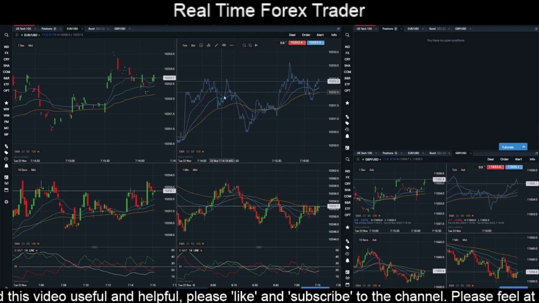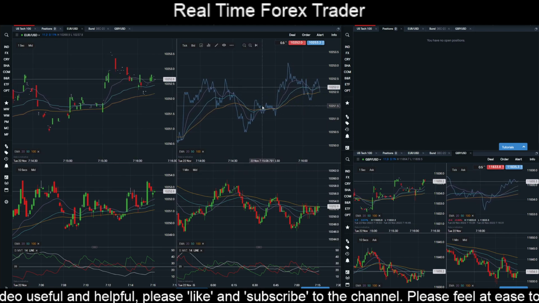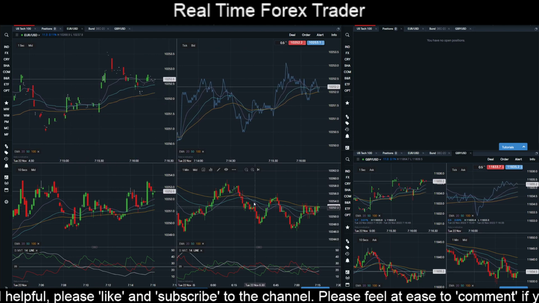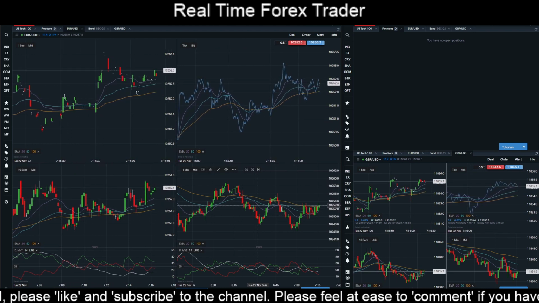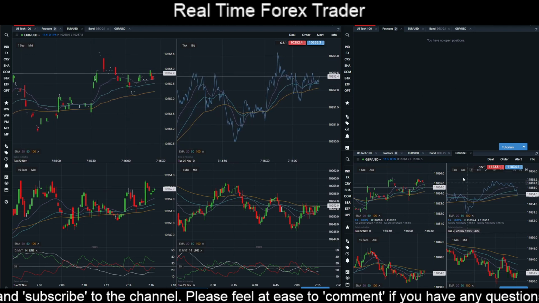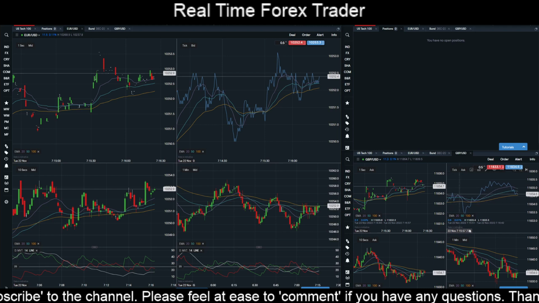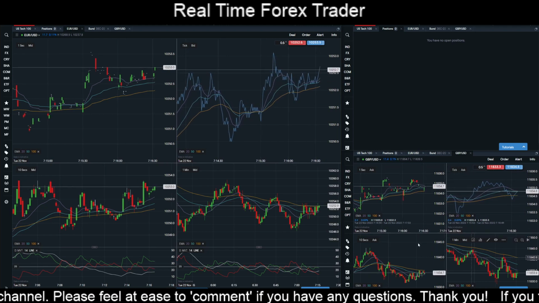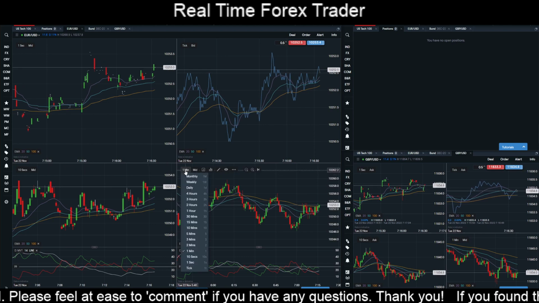This is Euro Dollar and we're looking at a tick chart, 1 second chart, 10 second, 1 minute. This is open positions. We haven't put any trades on yet today. And this is pound dollar. Tick chart, 1 second, 10 second, 1 minute. Coming back to Euro Dollar,